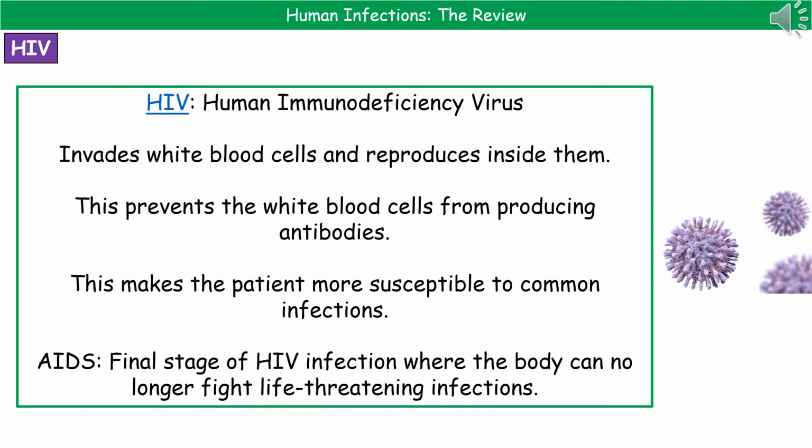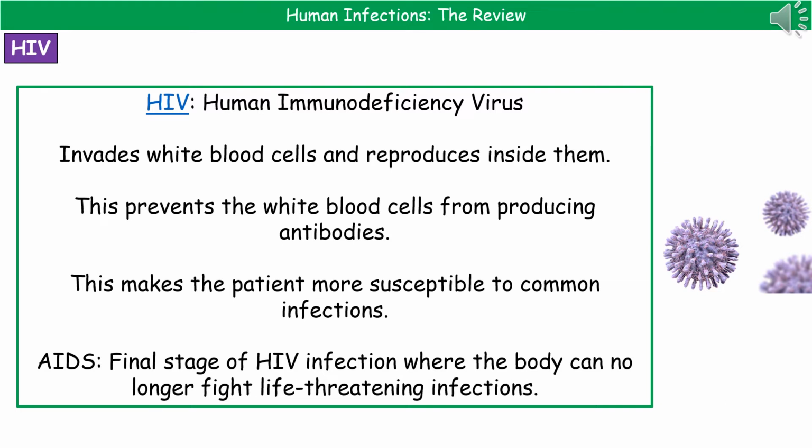If we take a little moment to think about HIV in a little bit more detail, then HIV stands for Human Immunodeficiency Virus. It's one of those tricky viruses that we're really struggling to get to grips with, because what it does is it actually invades the white blood cells and reproduces inside them. So whereas with other infections the white blood cells are the bits actually attacking them, in this case the virus is inside those white blood cells reproducing. Now that means the white blood cells can't produce the antibodies to have their effect on them, because the virus is actually inside the white blood cell itself.